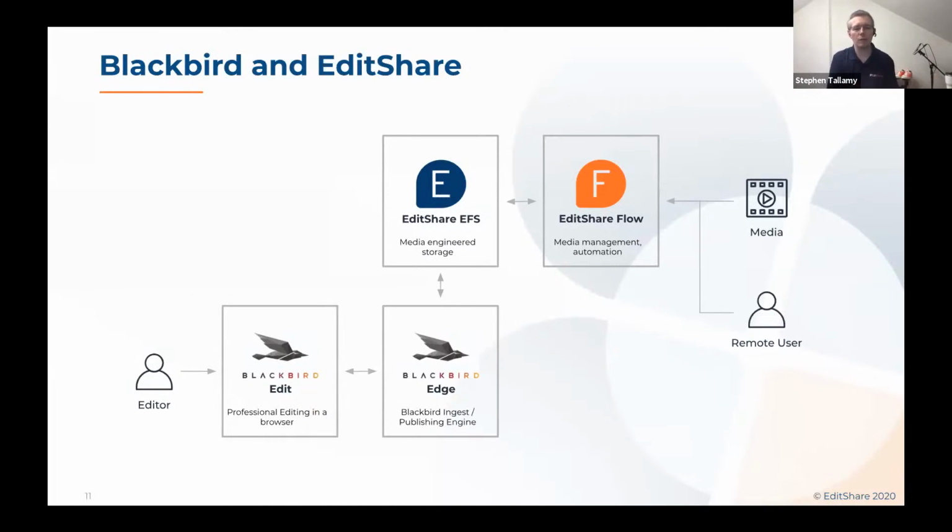To do that, we have integrated with the Blackbird Edge. This gives a way in which we can mount our storage very easily and make it available to the Blackbird editing engine, which is all available in the cloud. So effectively what we're doing here is checking in the media that's going to be available into the Blackbird system. And then once things have been edited and managed in there, as Ollie mentioned, then we get the high resolution rendering happening back on that edge and stored back inside of EFS.